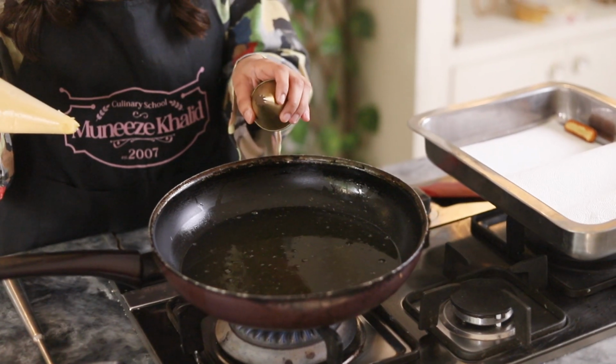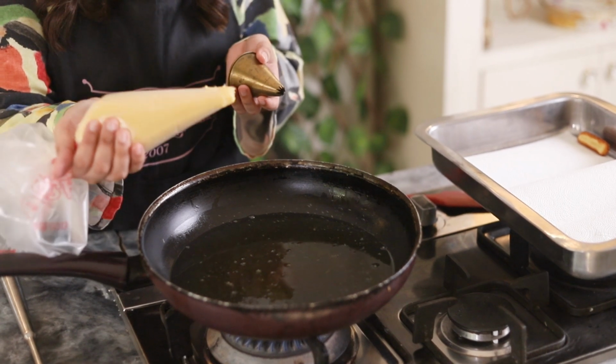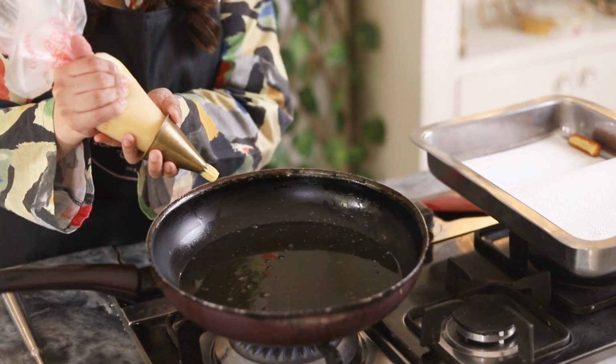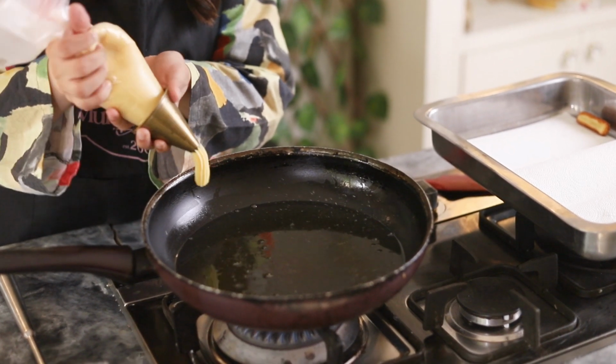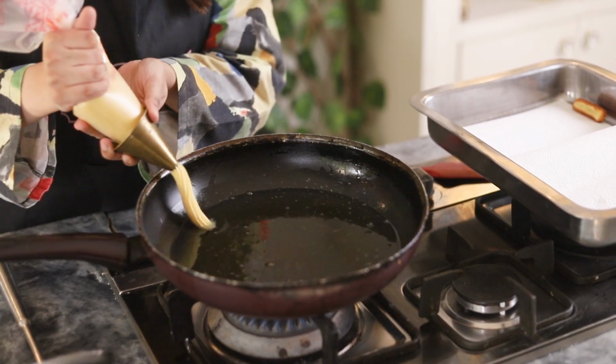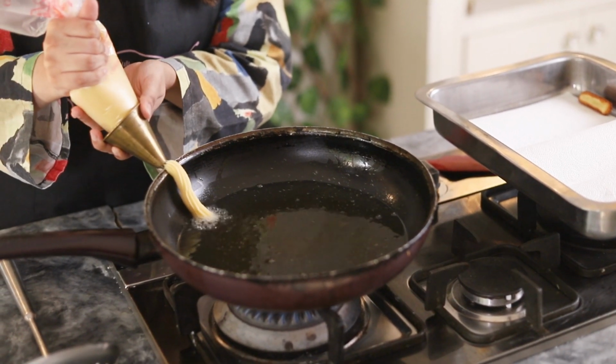So I'm going to go in for a closeup so that you can see the detail of how it's going to be fried. So this is the nozzle that I'm using. I've put my dough in the piping bags, and this is the nozzle. I'm going to put it in like this. I'm going to press it, twist it, press it, twist it, and just with the side of the pan we're going to slide it off,